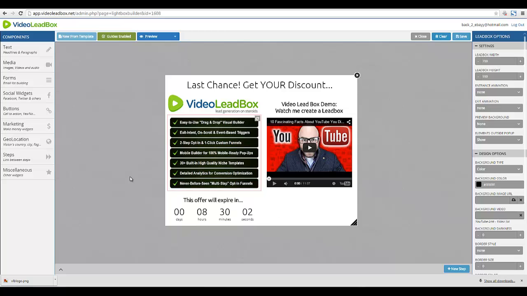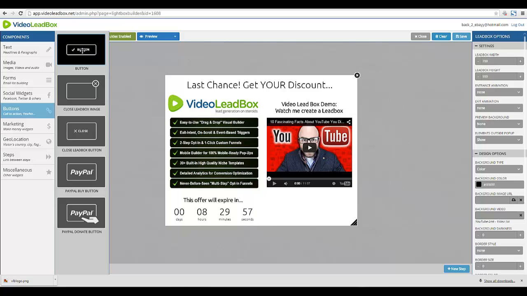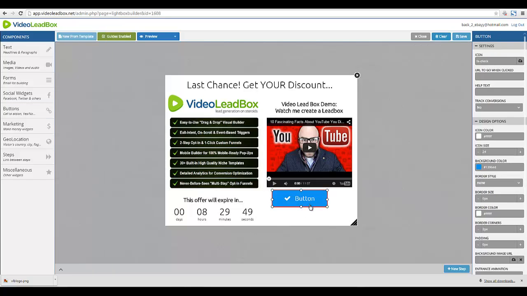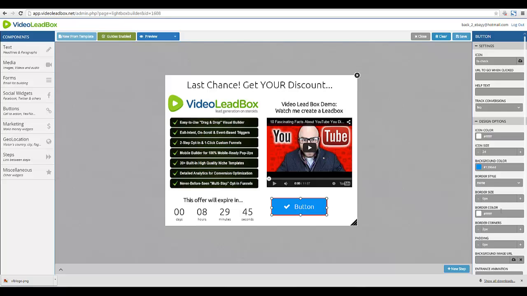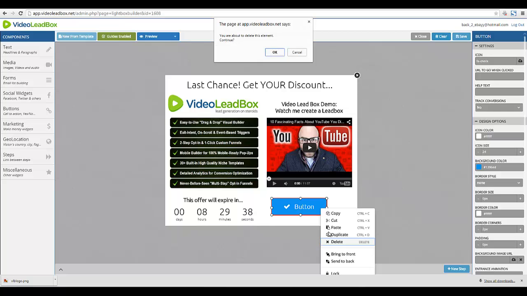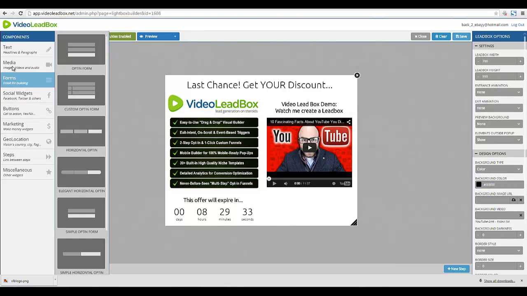And then, last but certainly not least, is our call to action in the right corner. So a couple of things we can do here is, well, actually, let's do this. Instead of a button, now you see how you could add a button. But you can also add an image,